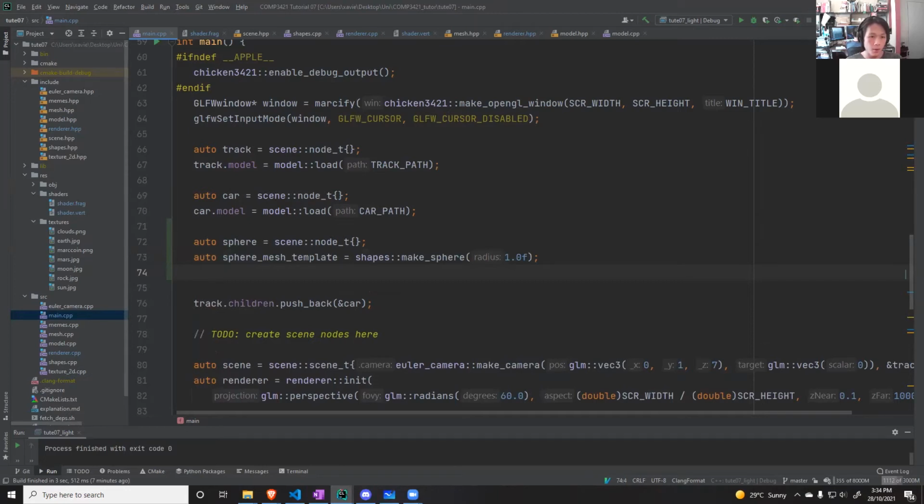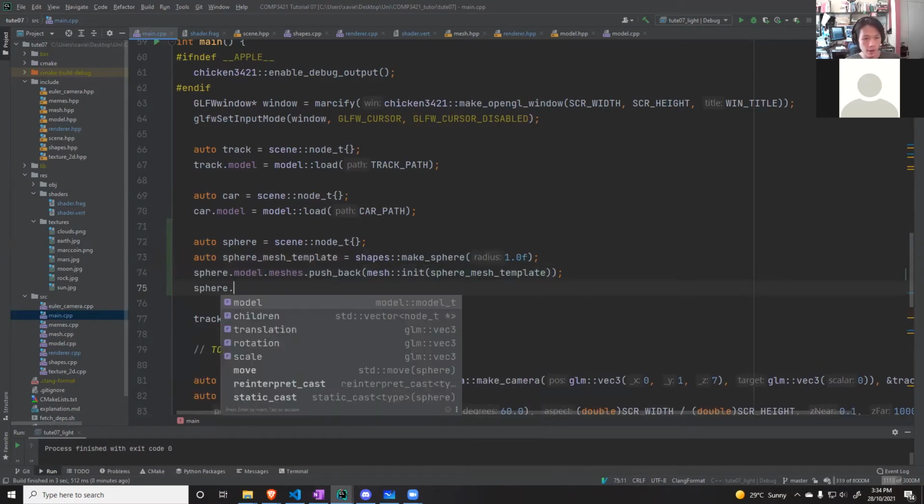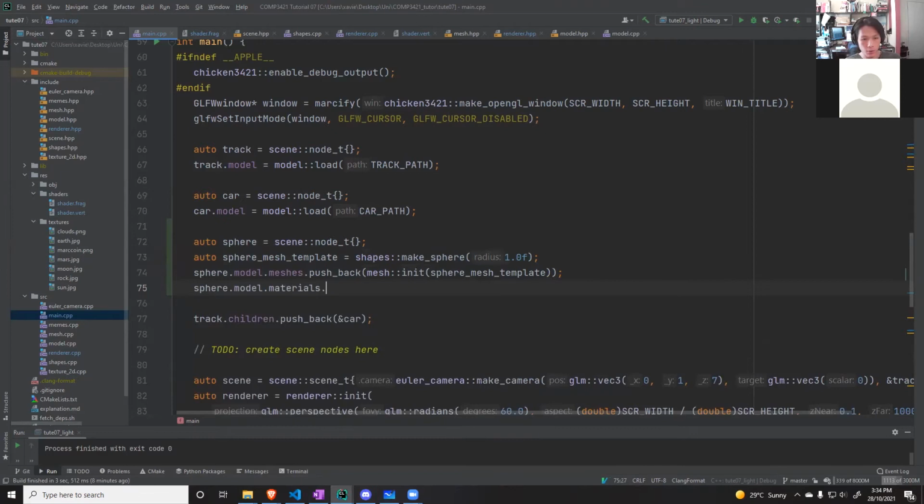Then we could push the initialized mesh to the model's meshes, by doing mesh initialize the sphere mesh template. You can add a texture as well. So model.materials.pushback. You have to make sure that the size of the meshes matches the size of the materials. So we could push back